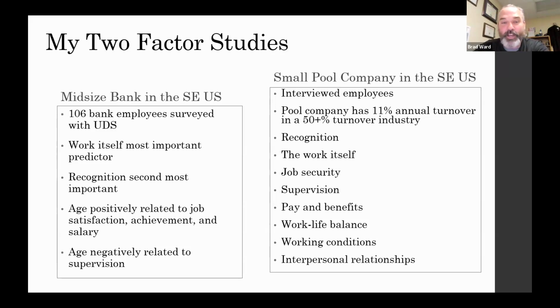So what I did is I went in, and when Herzberg did his study back in the 50s, Herzberg basically interviewed engineers and accountants in Pittsburgh and just asked, what do you like about your job? What don't you like? Very qualitative, open-ended questions. And that's how two-factor emerged. He categorized their responses. So I did the same thing.